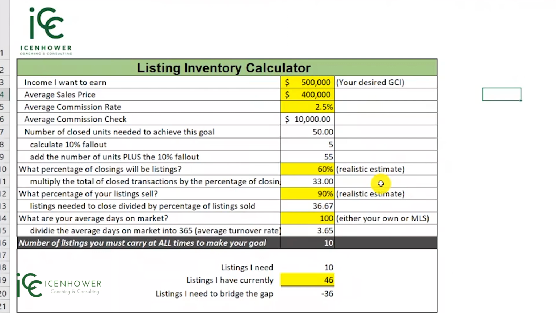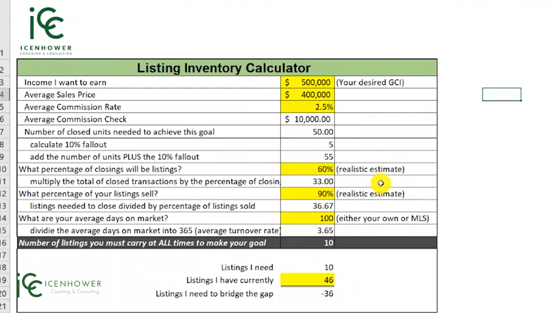just too unique. I really caution yourself against putting 100% in here, because usually you do get one listing that won't sell from time to time, and you want to put it in here so it doesn't throw off your numbers. So this is kind of a high number, 90% in my opinion. I like to see something usually around 70, 80%. It's usually a little bit more realistic, but you know your numbers better than I do, so put in what